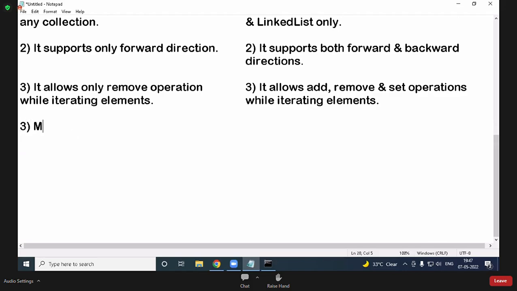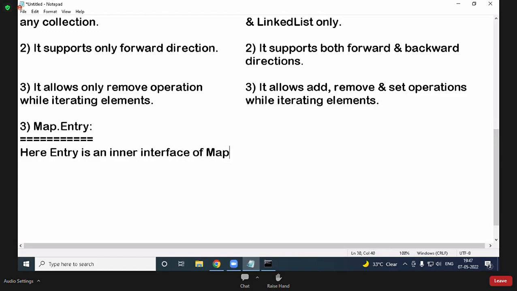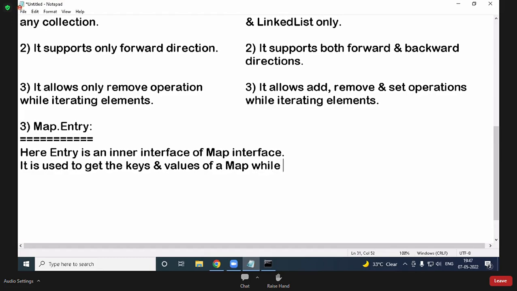Next one. Note on map.entry. Here entry is an inner interface of map interface. It is used to get the keys and values of a map while iterating